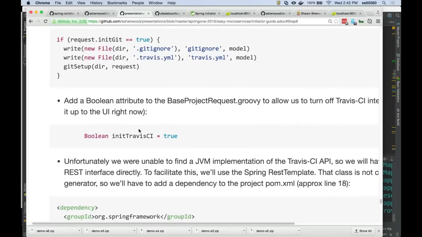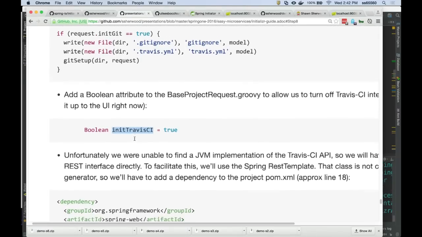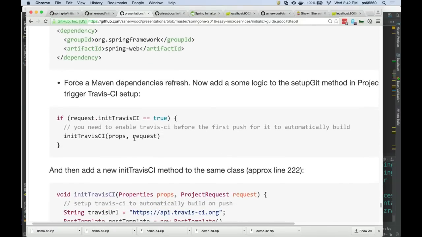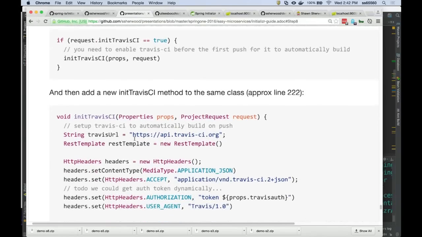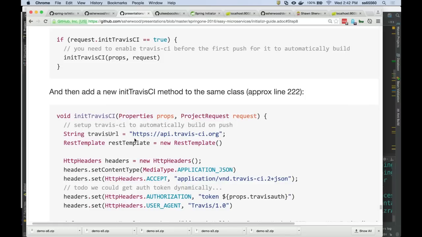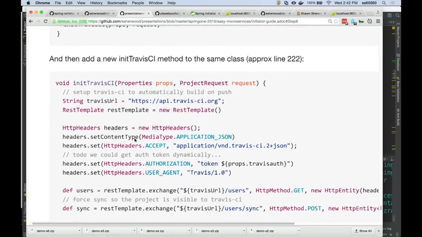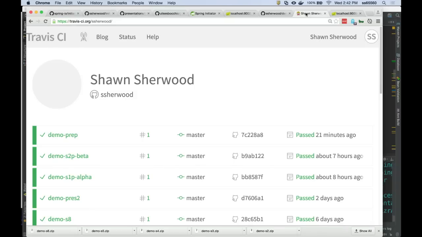So I added the option to basically be able to turn off Travis integration if you didn't want it. And then I'm checking for that as part of the generation process. Travis does not have a nice Java library like GitHub did. So what I had to do is actually just use the Spring REST template and make the REST calls to Travis. If you've not seen Travis before, by the way,